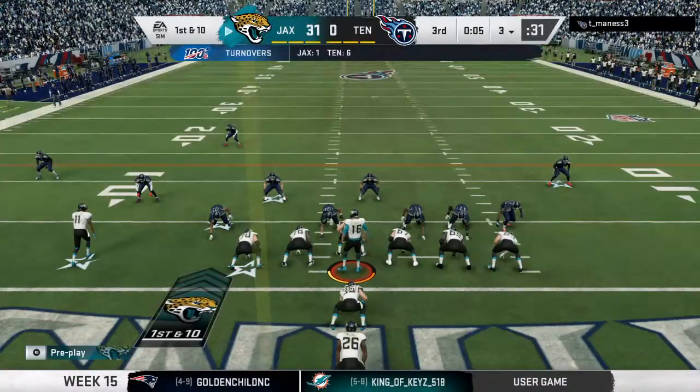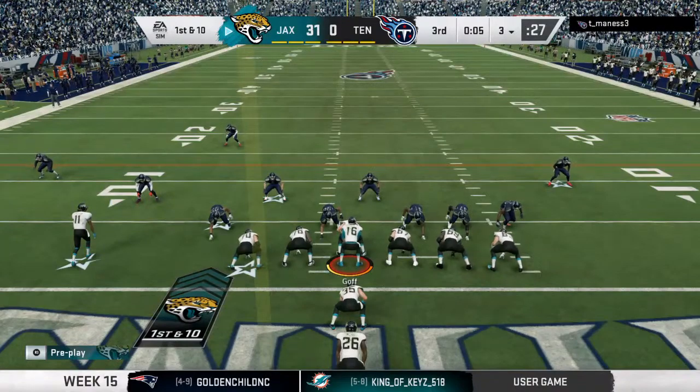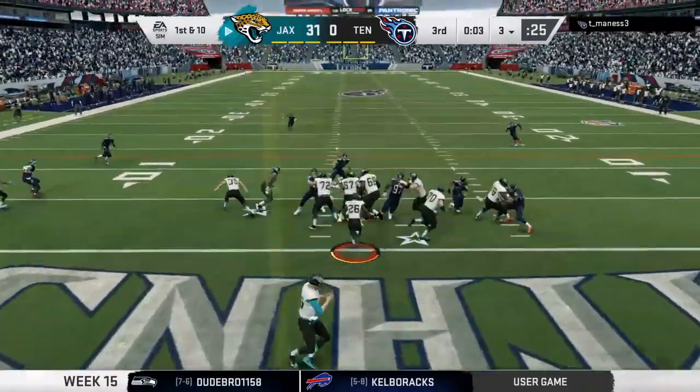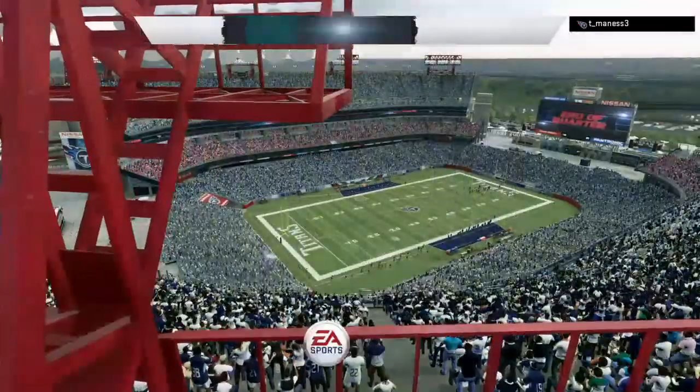Jaguars come to the line to start their next drive. This is sort of what you would call a put-away drive, isn't it? I mean, they score here, especially a touchdown, it's almost out of reach. It certainly feels that way, and I think that they're going to call their plays accordingly because what you really